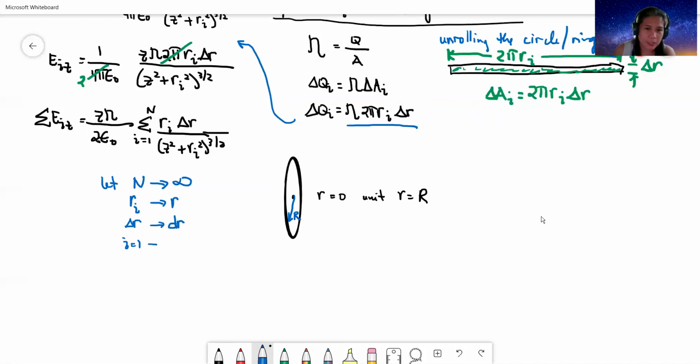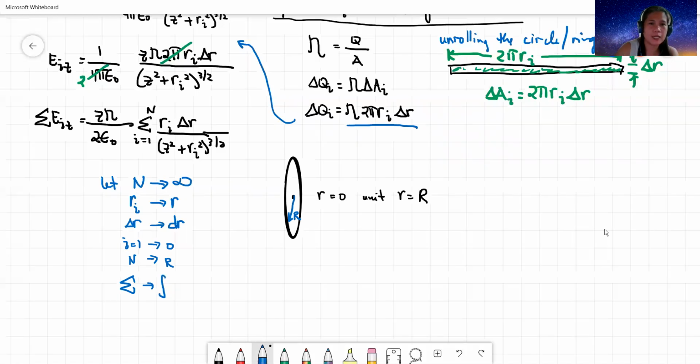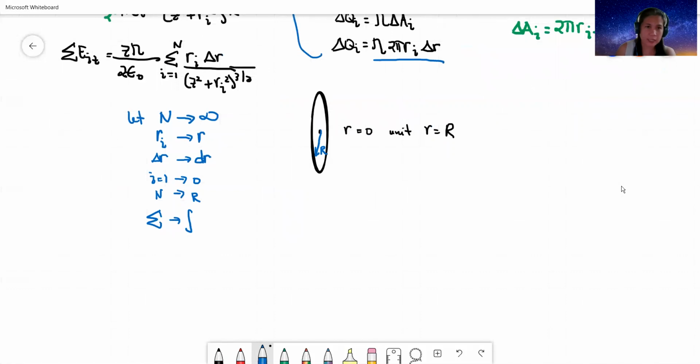Individual I, this becomes now R equals 0. And then Cn, this will be until R. And then finally, the summation will become an integral sign. So putting this together now, we now transform into integral calculus. So we say, therefore,